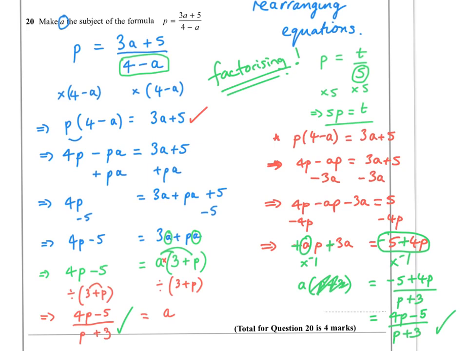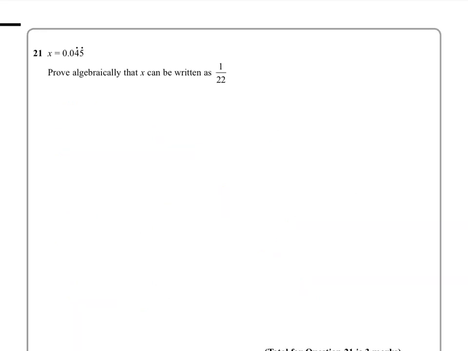Okay, let's have a look at another question. Well, this type of question, again, there's a few approaches you can take. A nice systematic approach, which is not very stressful, is to just write down the recurring decimal and just times it by 10, and you would just have 0.45 recurring, and then just times it by 10 again,